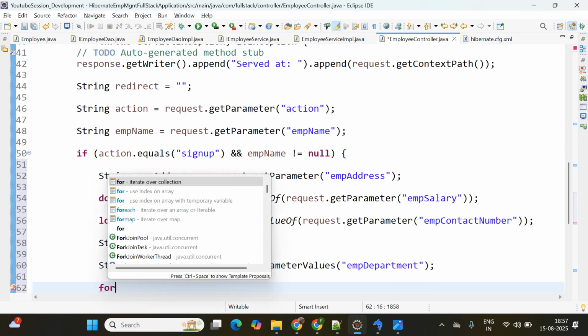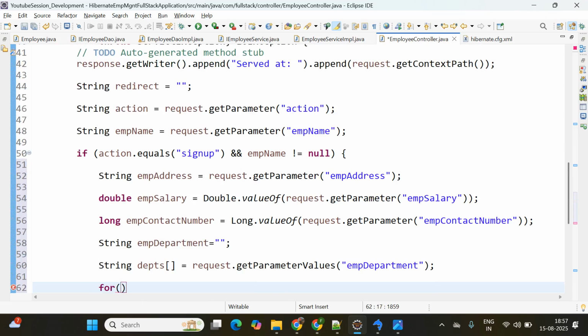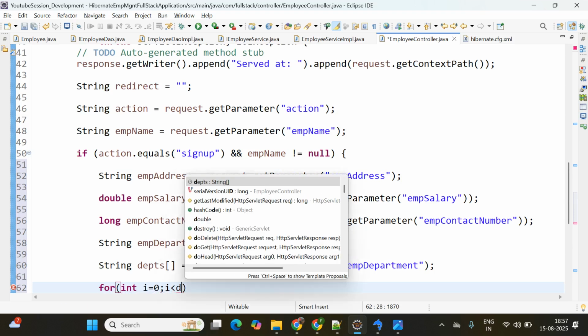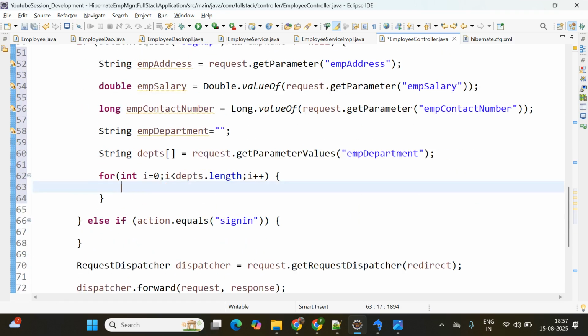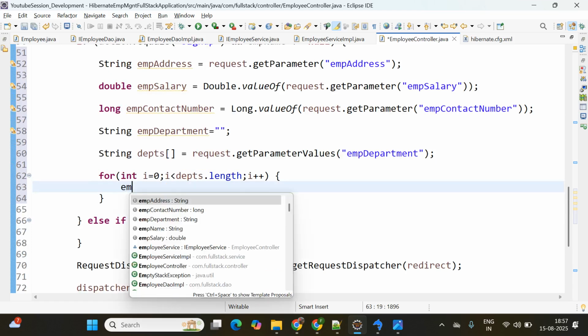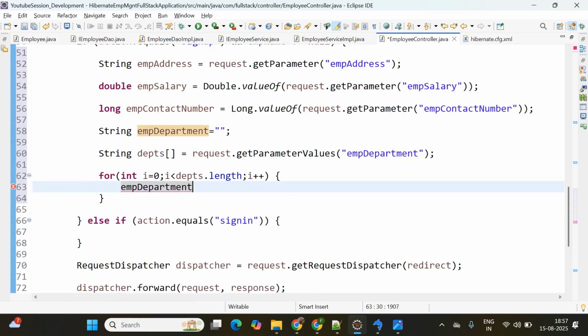Then see, we are using a for loop here. This will be integer i equal to, we are giving 0, i less than departments dot length, and then i plus plus. You are easily able to understand because we already learned the for loop and how we use it, right, as per our business requirement. Here you can simply say EMP department plus equal to, like we have these departments